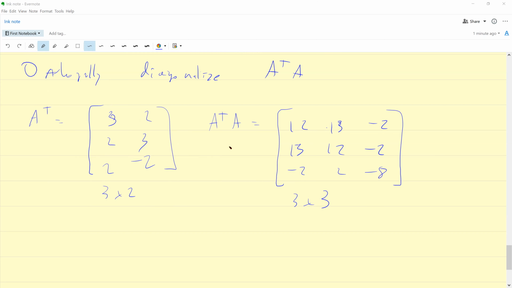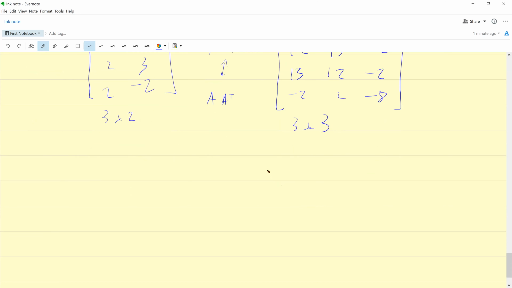I think it's true that the eigenvalues of this are the same as the eigenvalues of A transpose. I'm not sure if that's true. I want to say it's true because it'd be easier to compute. So when do we know if A transpose A or A A transpose? The book says A transpose A, but I think you can use A A transpose for the eigenvalues, because this one's kind of a long computation.